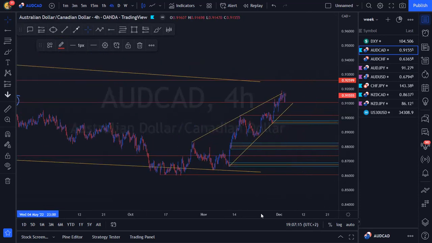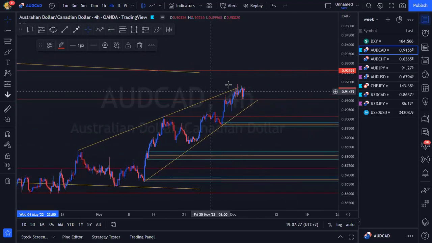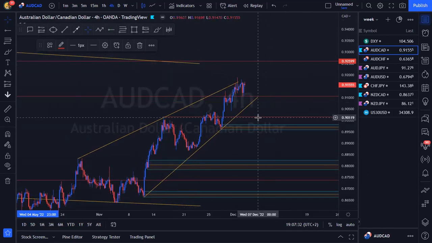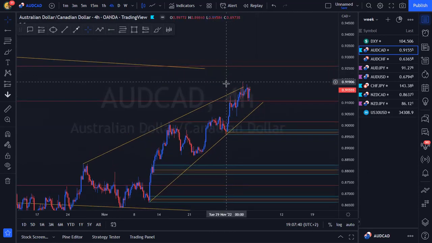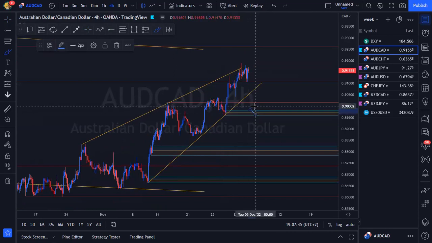Obviously we do want to be buyers, but the closer we get to any form of higher time frame resistance, the less aggressively we're going to be buying, or at least looking to buy and swing on a smaller time frame. Because of the overall structure, we want to be bullish. But on a 4-hour, we've got this ascending structure going against our overall bullish bias. We're still going to look for our bullish bias setups, but we understand that we can't take those setups now because we're at resistance. Simple enough, the bullish bias setups we're going to be looking for are from these POIs here.